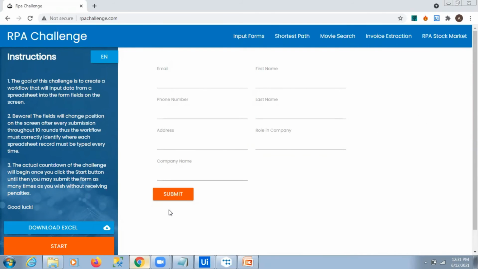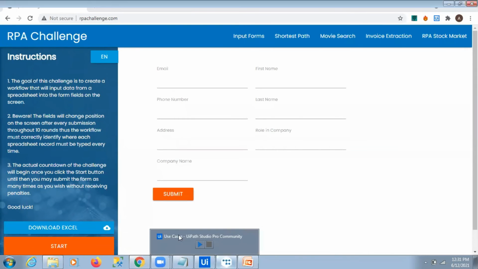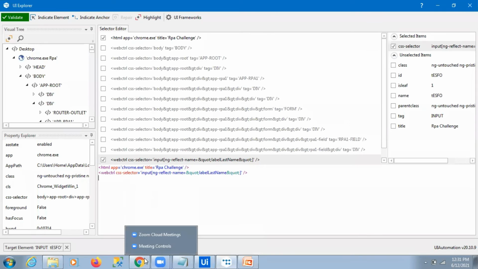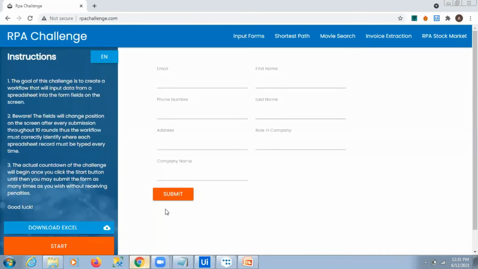Yes, Ashwini. It depends on the tag, what tag is associated with that element. Here we can see these are input based tags, and these are button based tags. So it depends on the tag of that element. While we are using the input here, you can use your button tag.